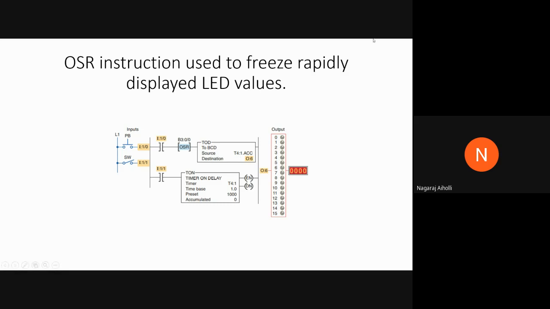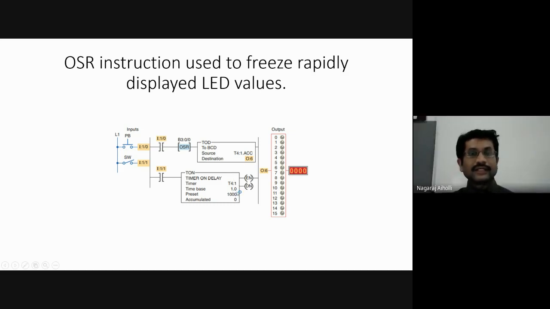Now when we are pressing this push button, this is activated, this is energized, this one shot rising instruction is energized, and whatever is the accumulated value here, we are converting decimal value 5 to binary. So the same accumulated value will be in this decimal to binary converter, which will convert from decimal to binary value, that is 5 is converted to 101.